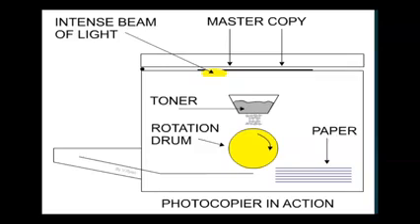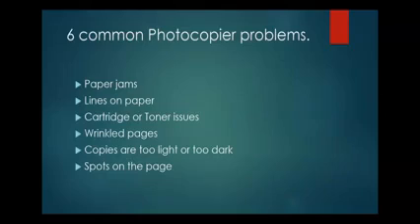Then a blank sheet of paper is fed up through the conveyor belt. As it moves along, the paper is given a strong positive charge. The positive charge on the paper is larger than the positive charge on the drum, and this allows the toner particles to transfer from the surface of the drum onto a piece of paper. This paper then passes through two rollers. The heat and pressure from the rollers permanently fuse the particles to the paper. This is why you get that nice warm paper.